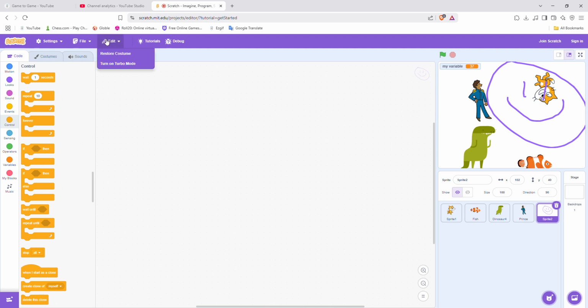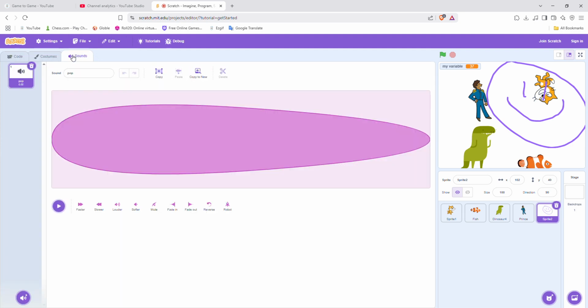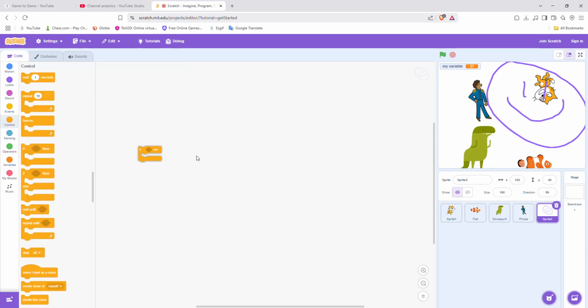Editing. So everything has their own sounds and stuff and code, and that's how you Scratch. So anyway,